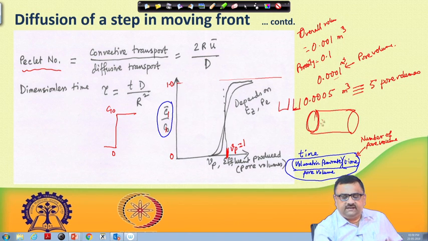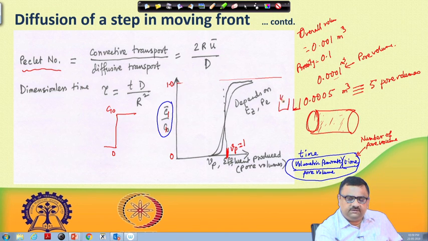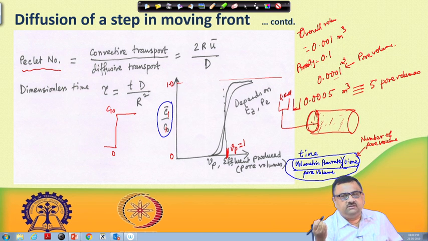If this is a sandstone core, it is customary to inject not just direct water, but some amount of salt to avoid any clay swelling inside. So let us say you have 1% NaCl inside, and the same 1% NaCl was flowing, and then you have another line here